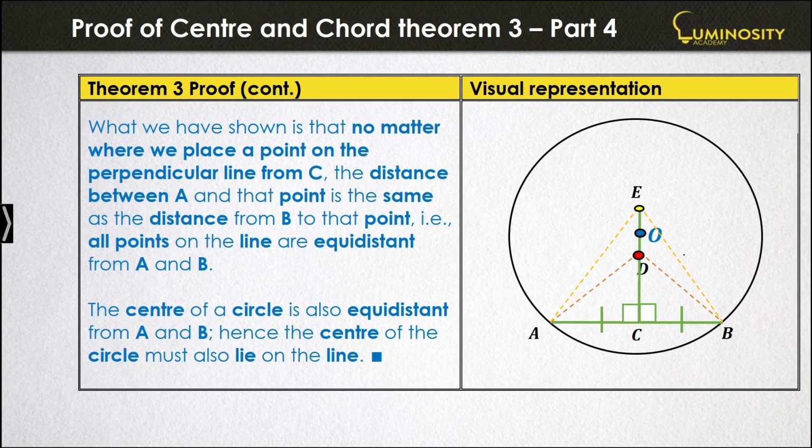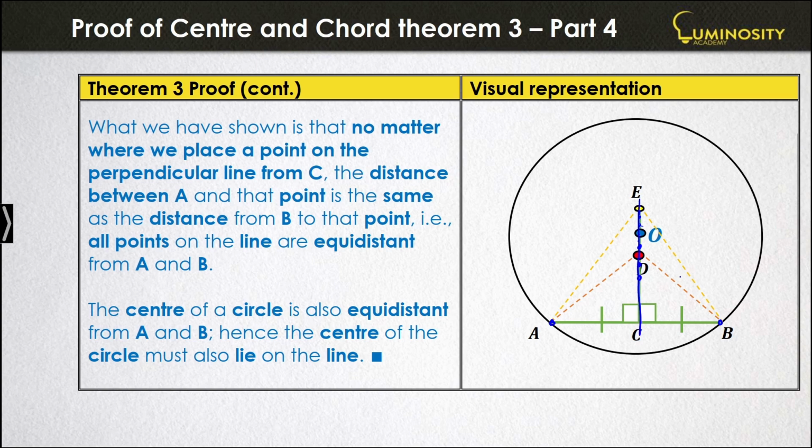So what have we shown? That no matter where we place a point on this perpendicular line here, any points D, E, any point, we can keep showing that the distance from the endpoints of the chord to any point on that perpendicular line are always equal in length. Okay, so that means all points on this perpendicular line are equidistant from